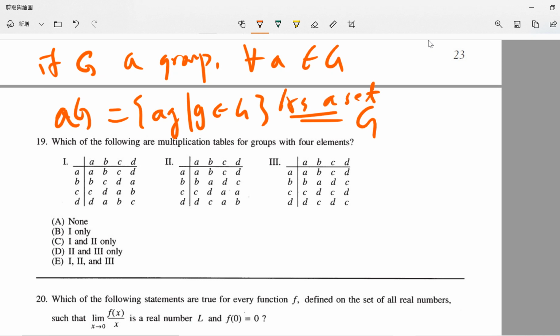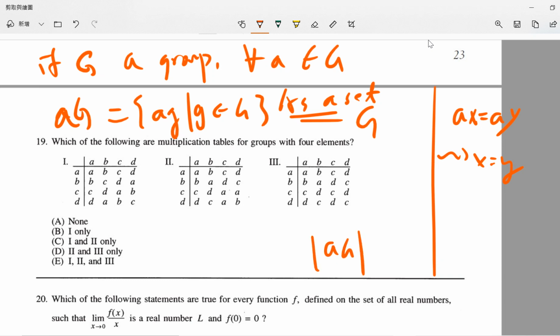This is simple: there's no way that two of AX and AY will be the same, otherwise X would equal Y, since there is an inverse of A. So that means as a set, AG must be G. So for each row,